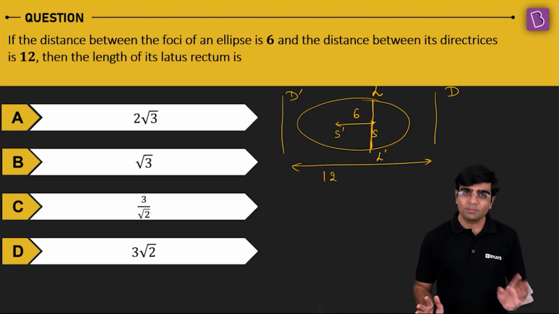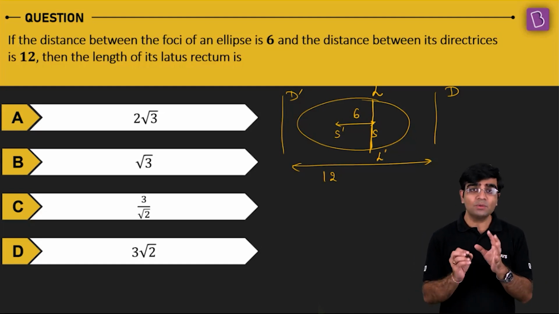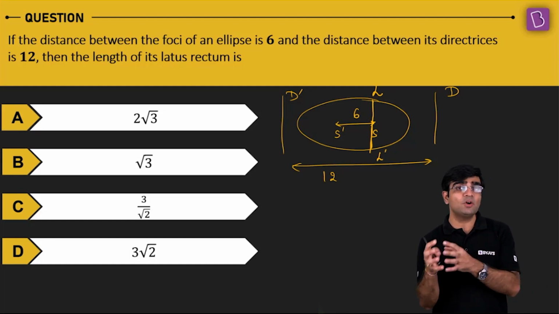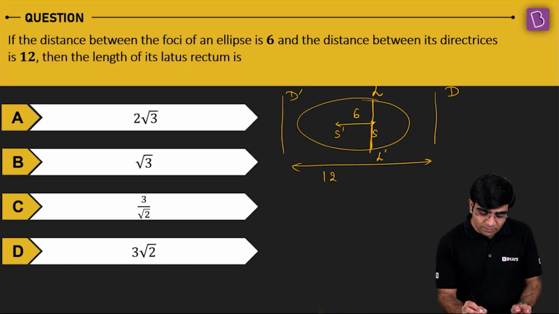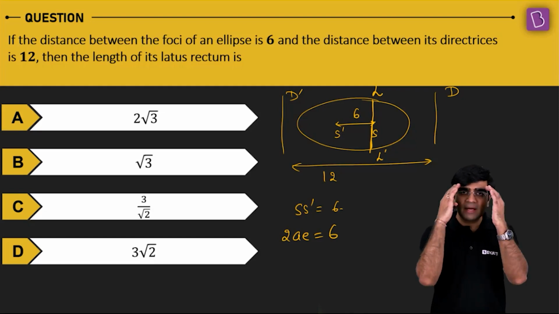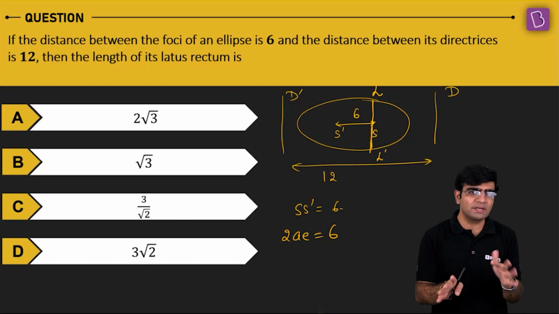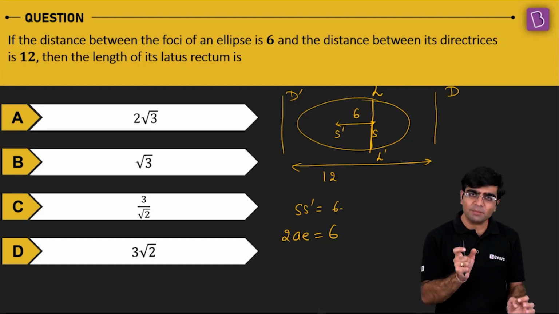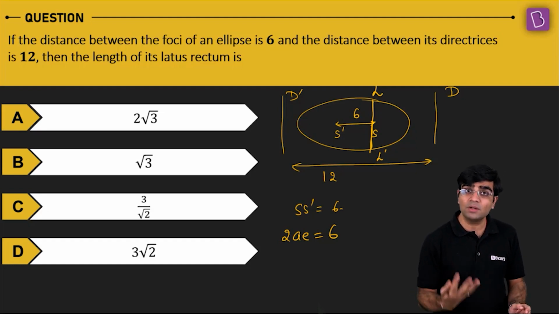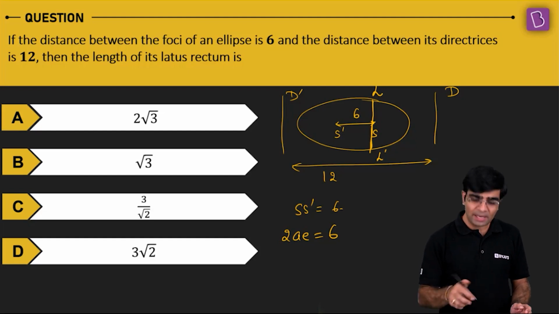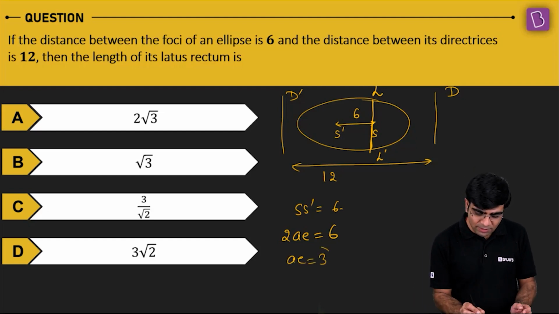All the lengths are given to me, right? So what do I have here? I know that the standard foci for an ellipse are (ae, 0) and (minus ae, 0). The distance between the foci, SS dash, is given as 6, which implies that 2AE is 6. I'm a student, and I've figured out that it could be horizontal or vertical, it doesn't matter because they are all distances so far. The moment I've decided this, I'll start my calculation quickly with the standard result that I know: the distance between foci is 2AE. I'll immediately put in the value and reach the result that A into E is 3.